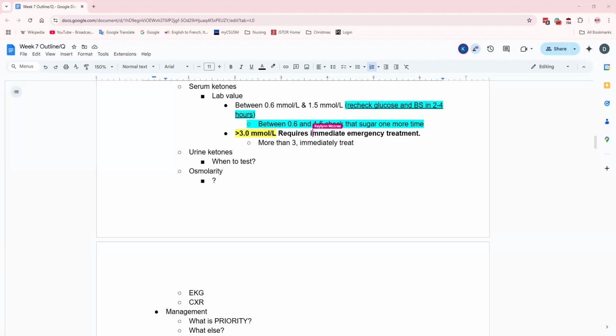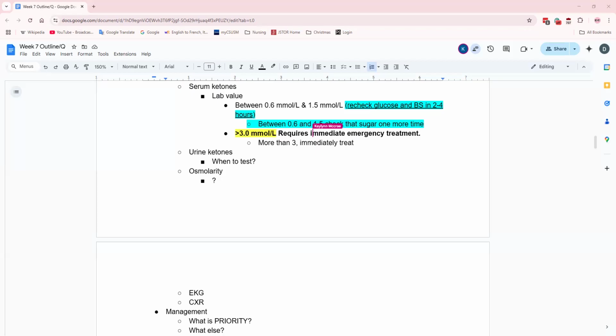But yeah, typically, if you know they're type 1, you're going to check the ketones. If they're type 2, they can still get DKA, less likely. But just use your judgment, their presentation. If they're type 2, they could be above 300, have a lot of symptoms, and they might not be making ketones. They're less likely to make ketones because they still have insulin production, but it's just worth keeping in mind.